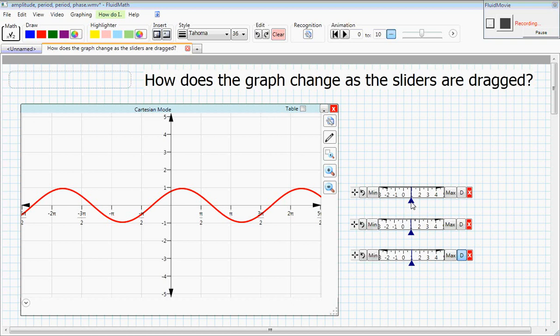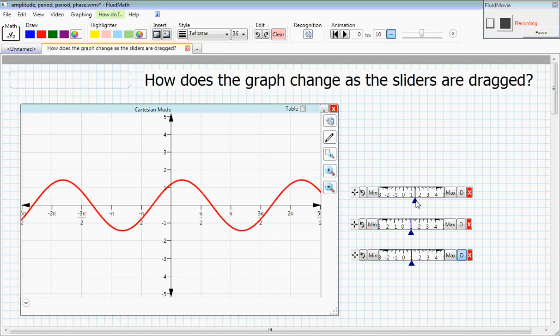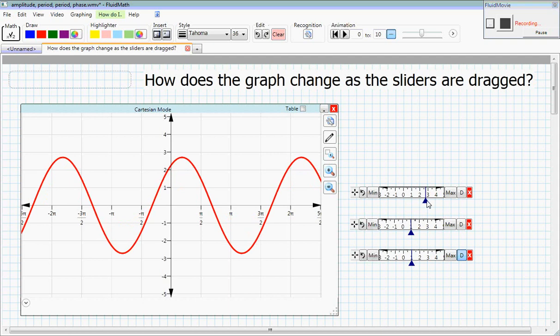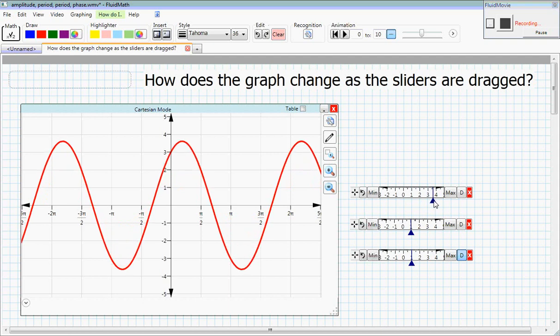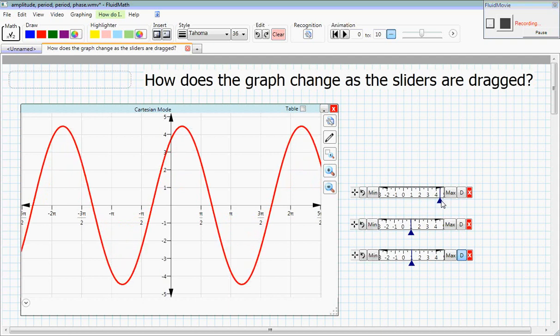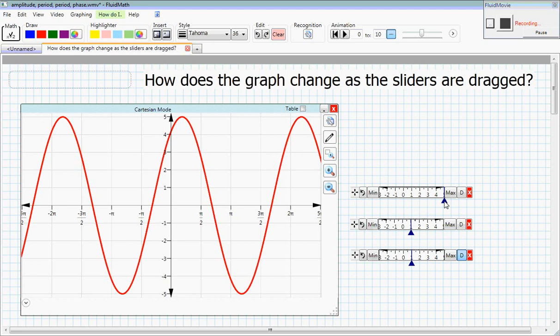We'll start with the first slider. Its current value is 1, and as I increase it, let's see what happens. So pay attention to the graph. So now it's at value 3, 4, 5. I'll stop at 5 here. And notice that,